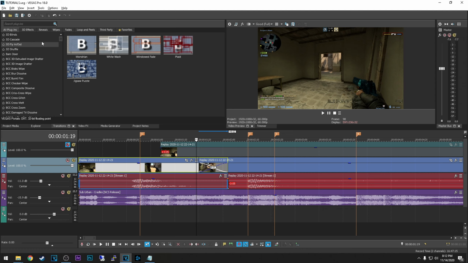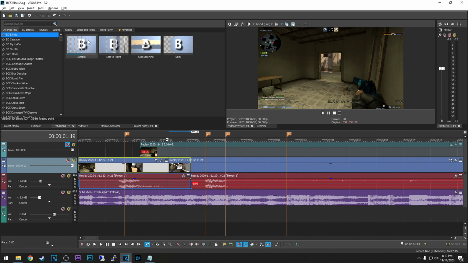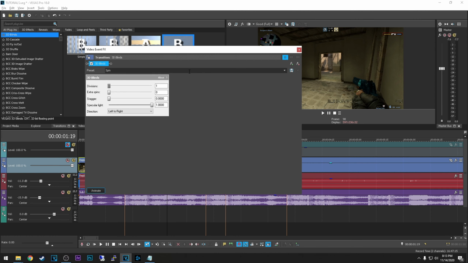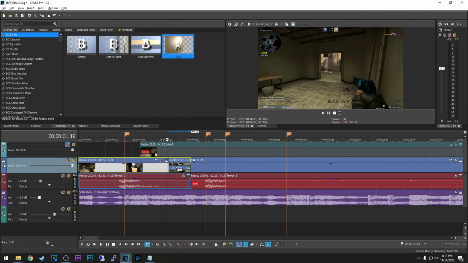So just for the sake of this basic tutorial, let's use a simple transition, and let me show you how you can apply it right here. So in order to do that, you just select the transition that you prefer, and let's say I'm gonna use this spin transition. Click on it and hold and drag it to this space right here. This is gonna pop a new window with the transition settings, but I'm not interested in that, so I'm just gonna close it, and let's see how it's gonna look like.